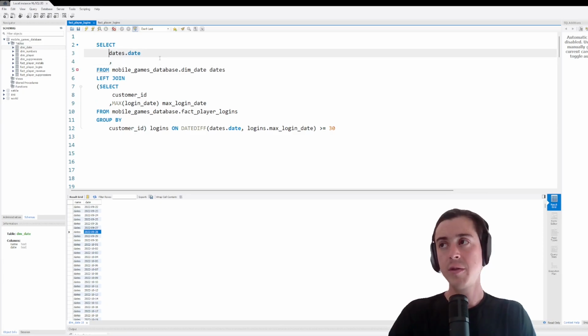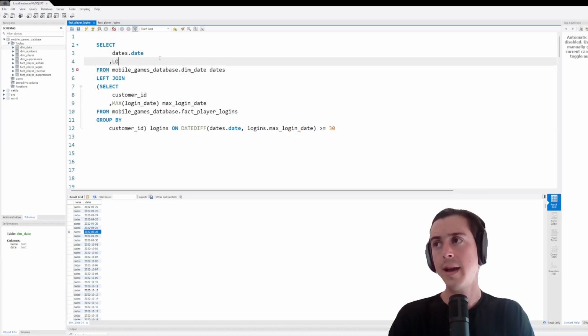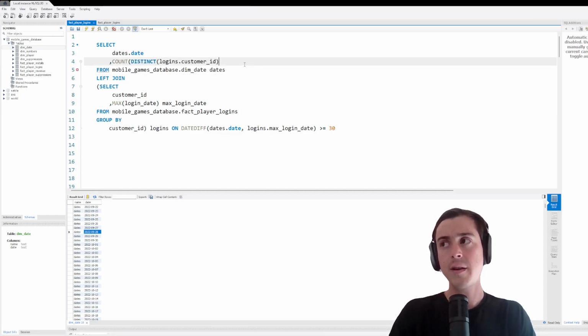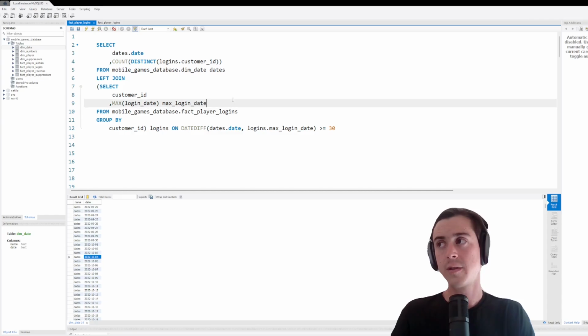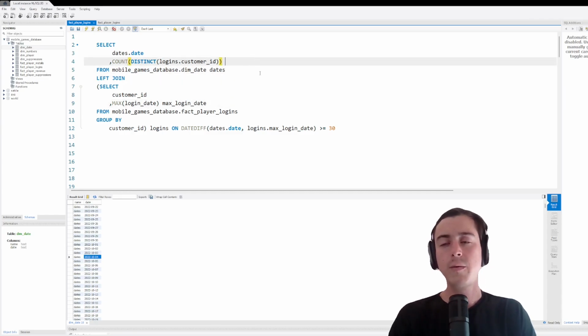And if we simply do a count, this is going to be our cumulative field, right? So the number of customers with a login date that's greater than or equal to this date value, going through all of these date values. We will call this